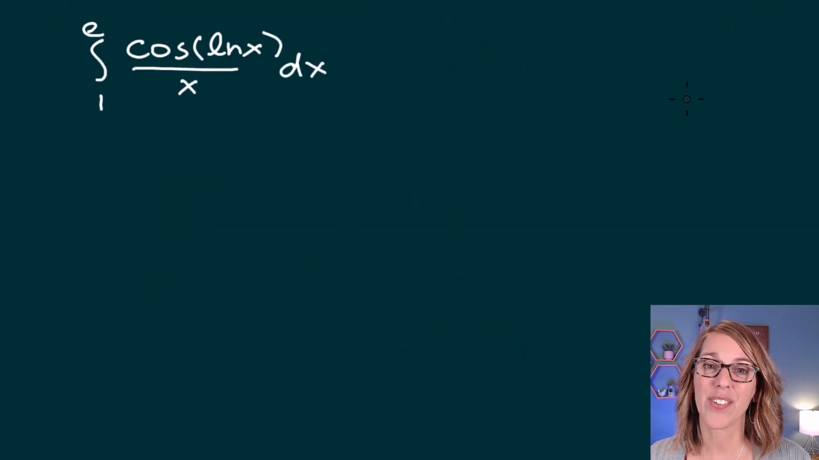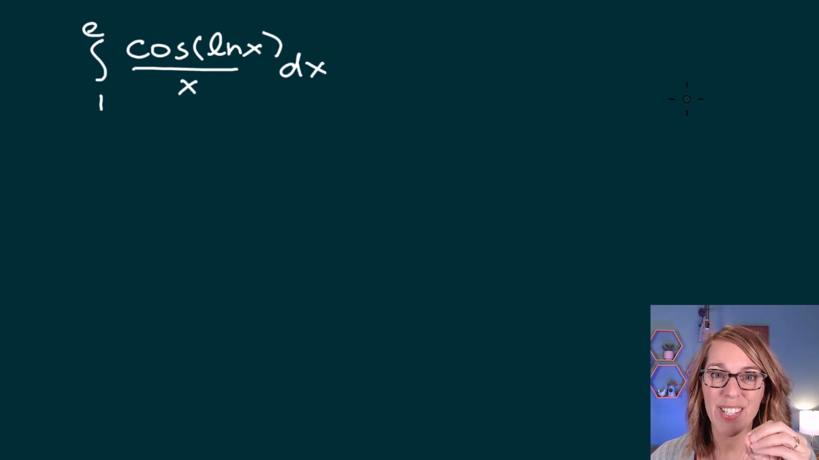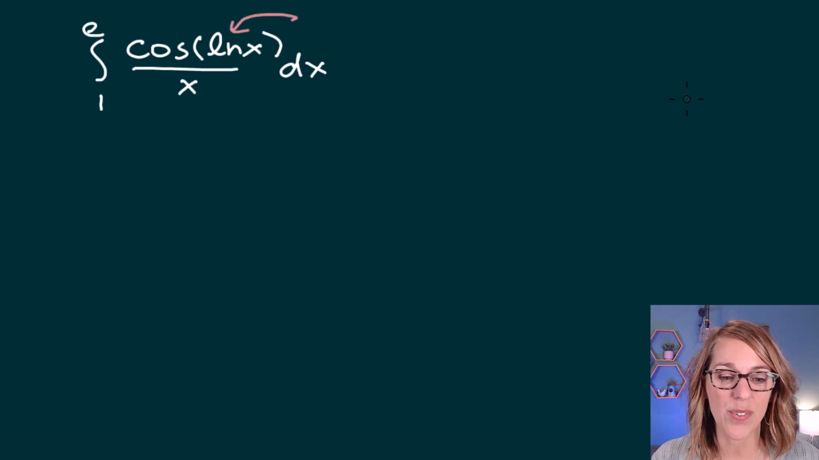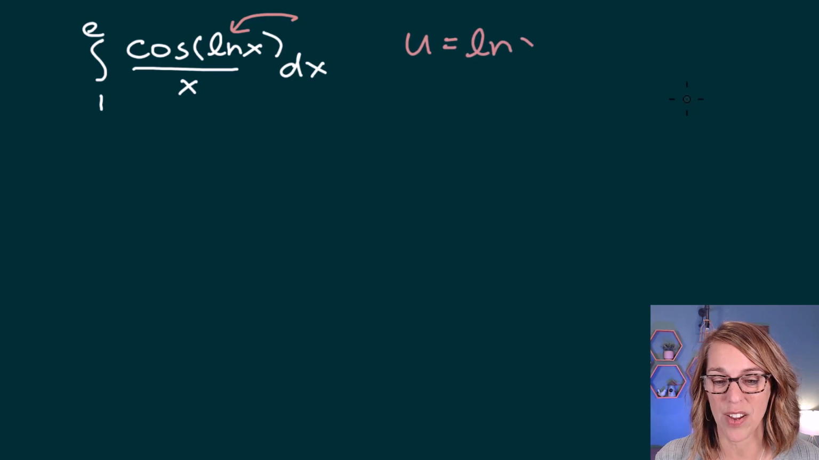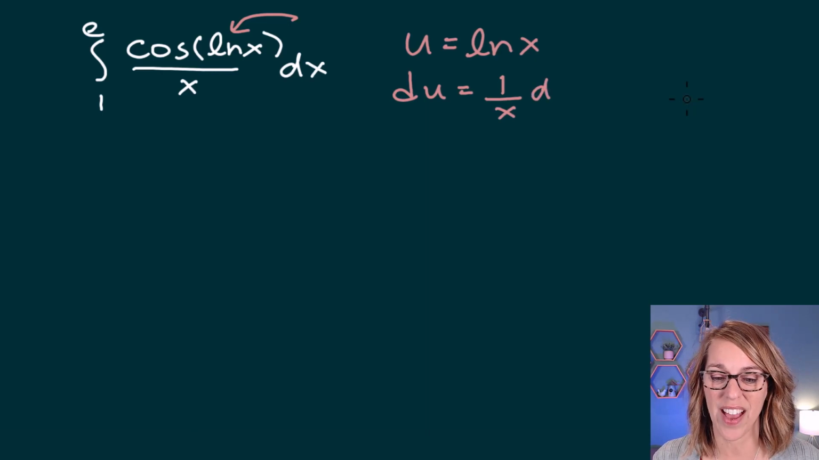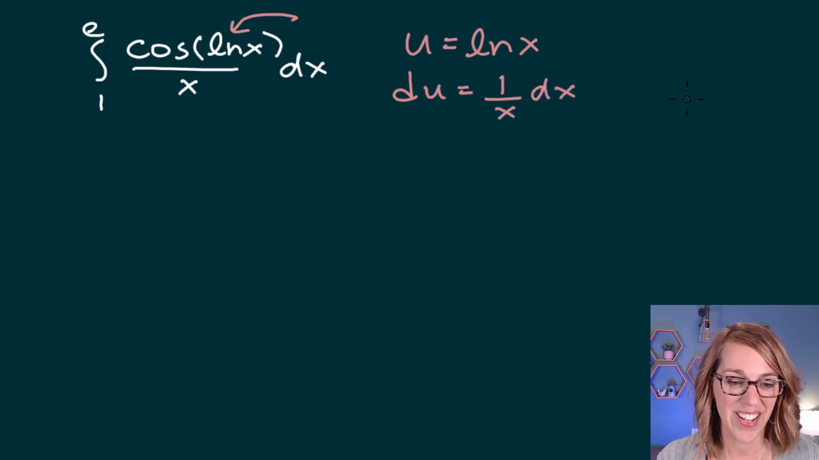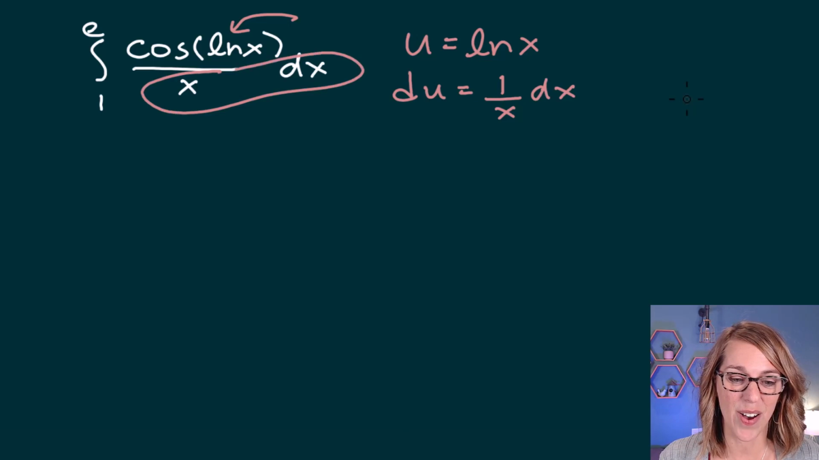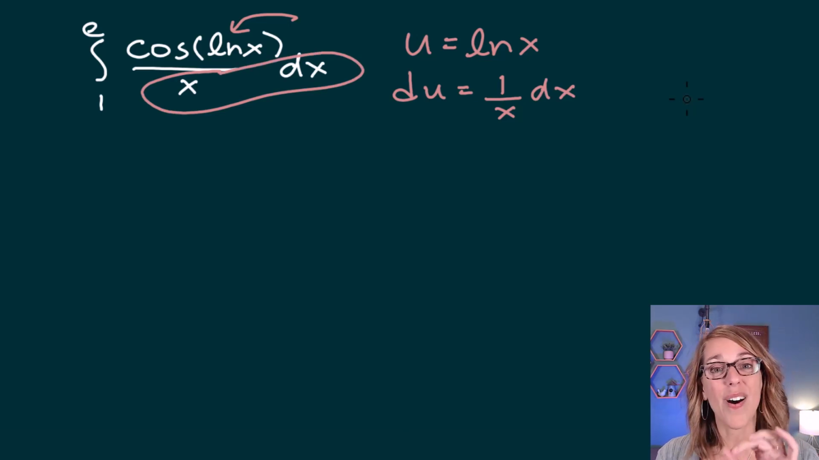In this one, I've got the integral of cosine of the natural log of x divided by x, and I'm again looking for that layering of functions. That's the best way to identify what you want u to be. So I'm going to go ahead and let u be this inner function, natural log of x. So u is equal to the natural log of x. I also need du, so I'm going to take that derivative. The derivative of the natural log of x is 1 over x, and I'm going to go ahead and follow that with a dx. Well, that takes care of all of this, which means that all I have left are